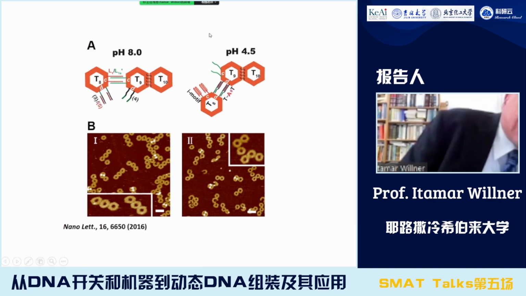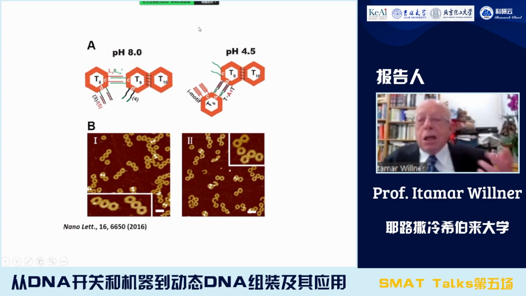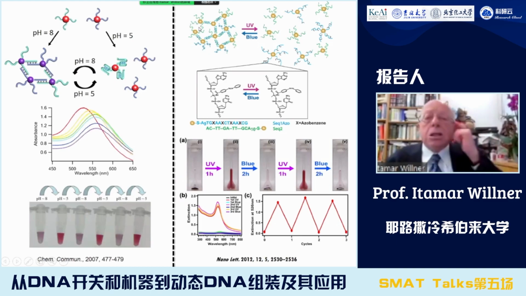So you can see here that the reconfiguration properties of DNA can lead to dynamic movement of objects, and as expected, this reconfiguration of DNA was, for example, used in order to aggregate and deaggregate gold nanoparticles by pH using I-motif structures and dimer, or to aggregate and deaggregate gold nanoparticles by strands that with azobenzene form stable azobenzene cross-link bridged aggregates of nanoparticles, and under UV irradiation, we form the cis state that separates the particles, and one can reversibly switch on and off the structure of the nanoparticles.